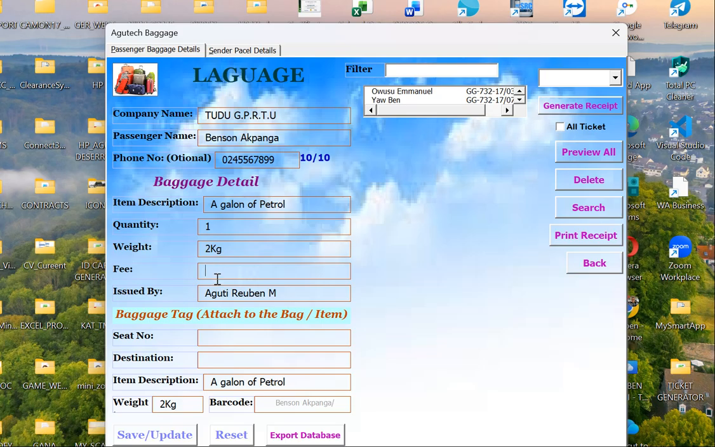The fee, let's say the fee the station is charging is 20 cedis. And the seat number the passenger brought. So the seat number, let's say GR-188-24/10. That was the ticket number. So as we type the seat number here, the system creates the barcode at this section. It's long, that's why some is hidden. All right. Then the destination is going to where? Ho. After that, we select